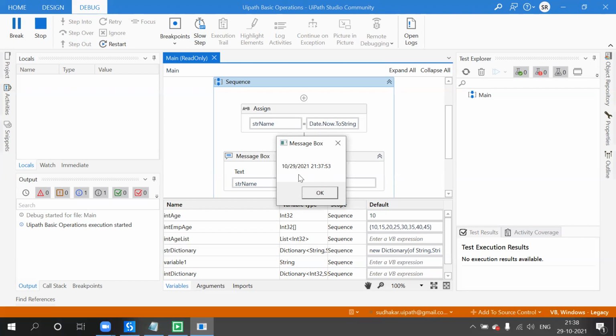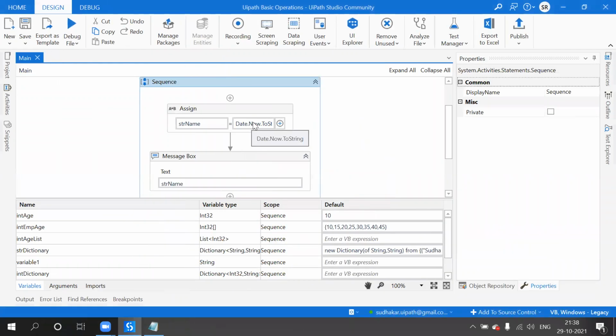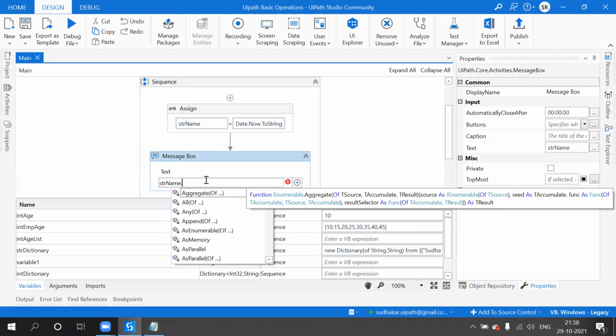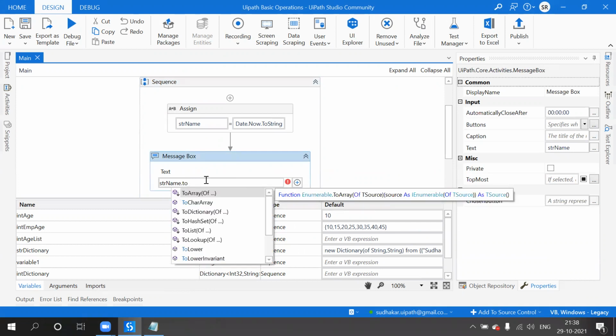The date format is the same, but it is giving extra information of time as well, if you want to display it. So if you are using this concept and you don't want to display time, how can you do that? Dot... it is a string, right?